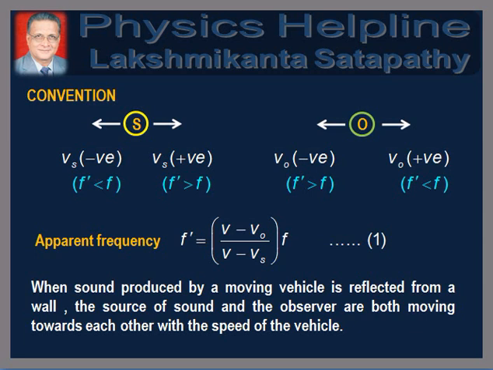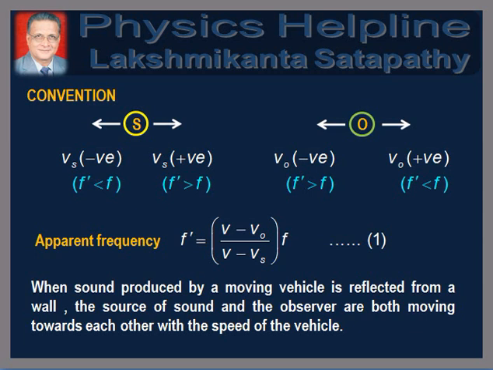To solve the problem, let us use the following convention. The source of sound S is placed on the left of the observer O. Velocity towards right is taken as positive and velocity towards left is taken as negative. Let Vs and Vo be the velocities of source and observer respectively. When Vs is positive, the source is moving towards the observer, which will produce an apparent increase in the frequency. Similarly, when Vo is positive, the observer is moving away from the source, which will produce an apparent decrease in